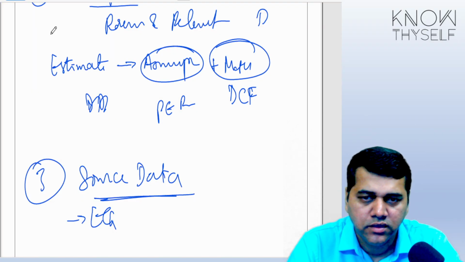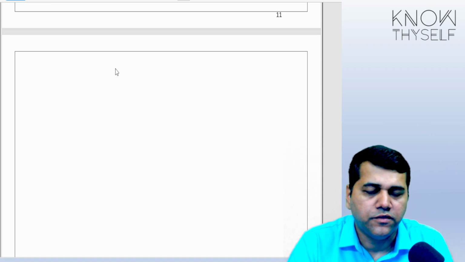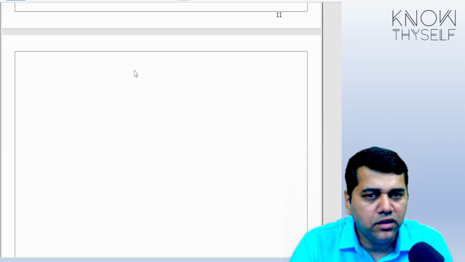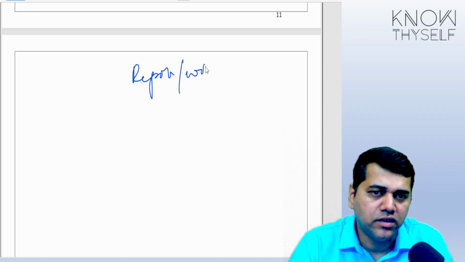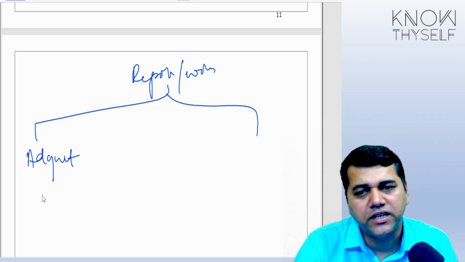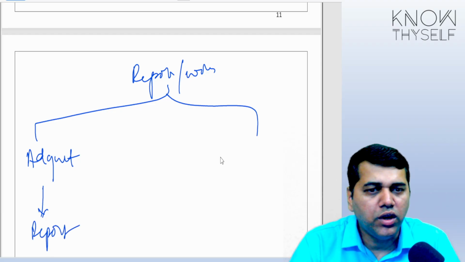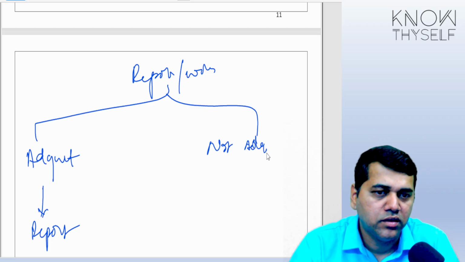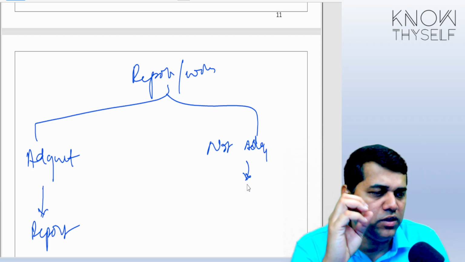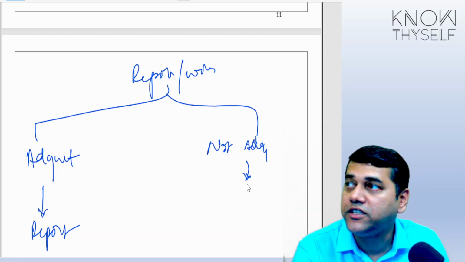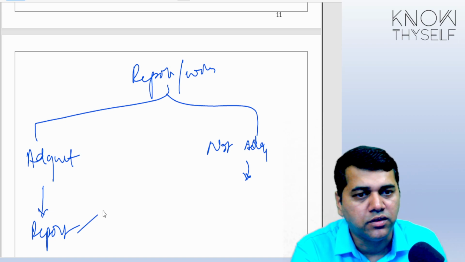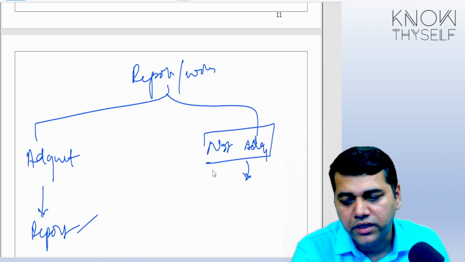Okay, it's like this. I'll give an analogy. See, first of all, you have performed the checks on reasonableness, source data, everything. So when you have got a report or a work, there can be only two scenarios. One, it is adequate. Then the problem is done. You straight away go to the report. What if it is not adequate? Like for example, you ask someone to construct one house. They have constructed the house the way you wanted. You found everything is fine, everything is perfect. Then what do you do? You do Gruha Pravesha. Done. You proceed further. What if the work is found to be not adequate?